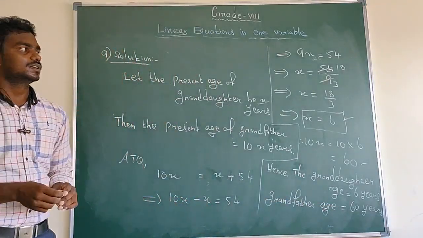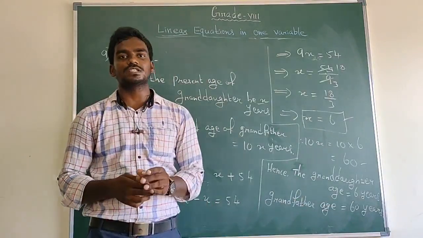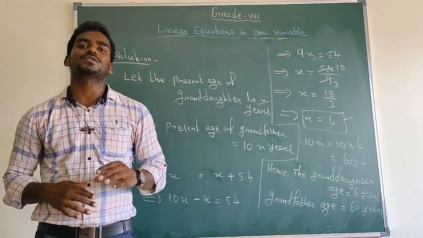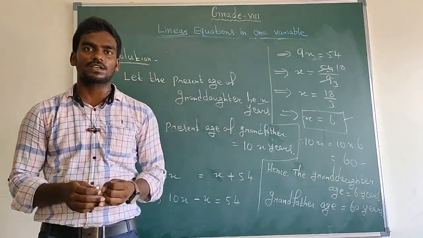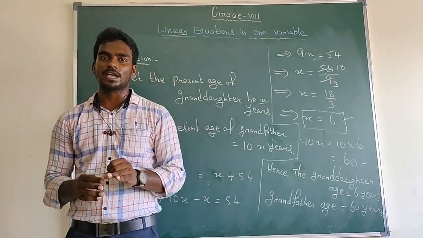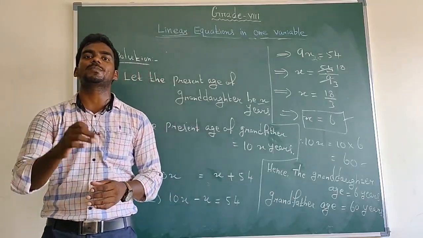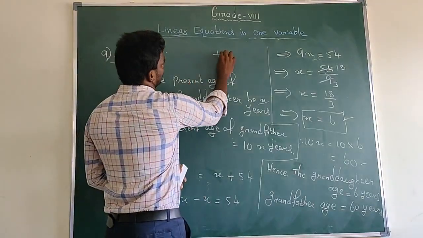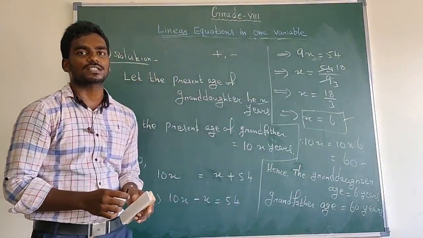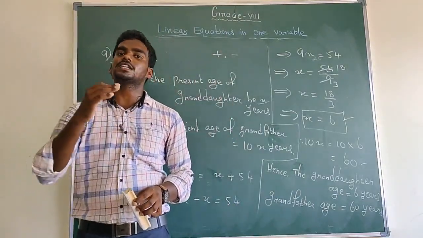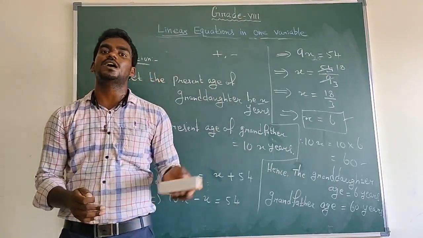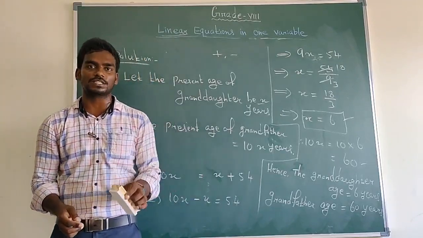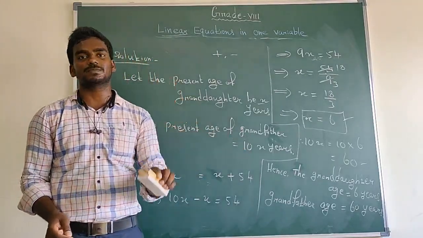I hope you understand how to solve linear equations in one variable. First, what are the conditions we have to discuss? That means what expressions are and how to form expressions into an equation. Expressions are terms combined with the basic operations, addition or subtraction. An expression equated to another expression, or to some constant value or 0, is called an equation.